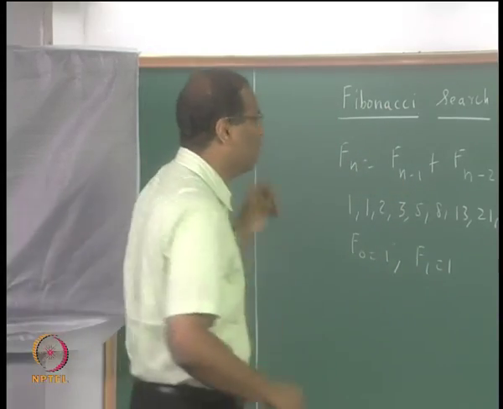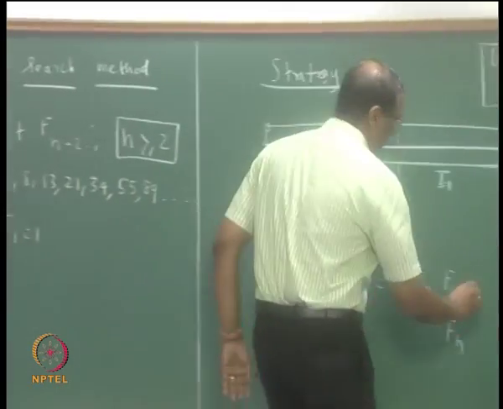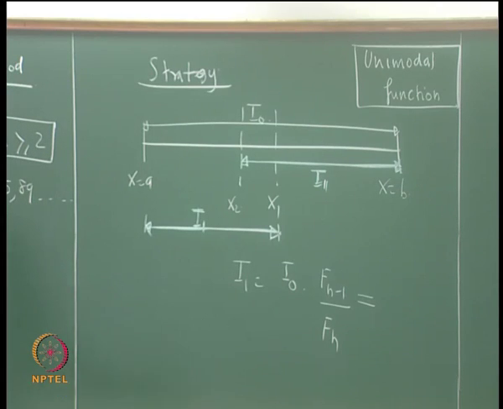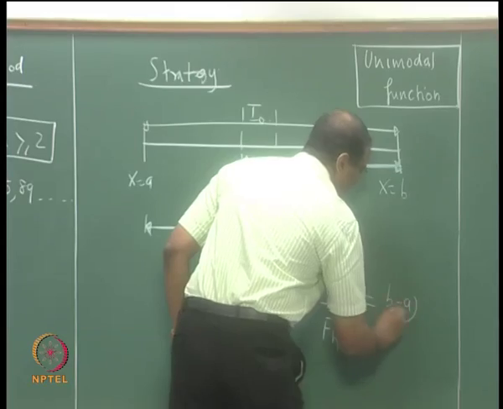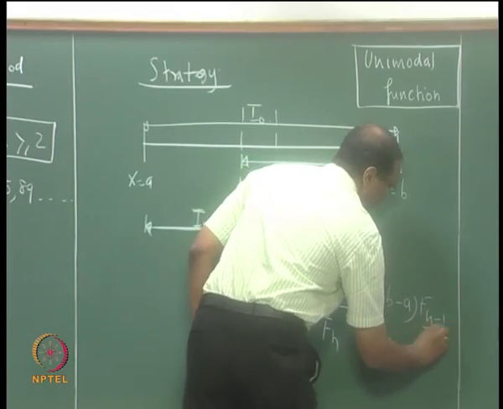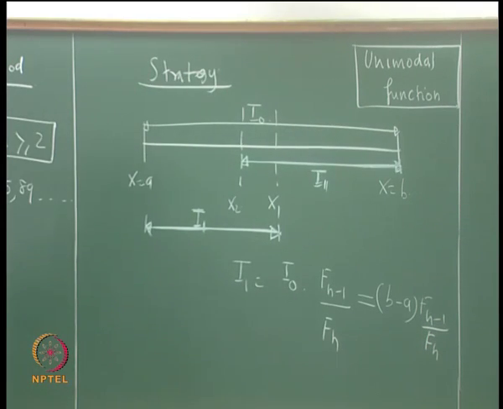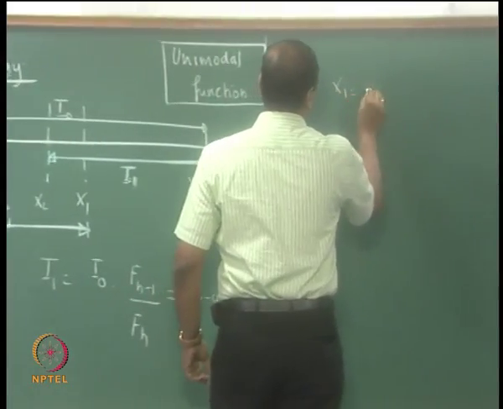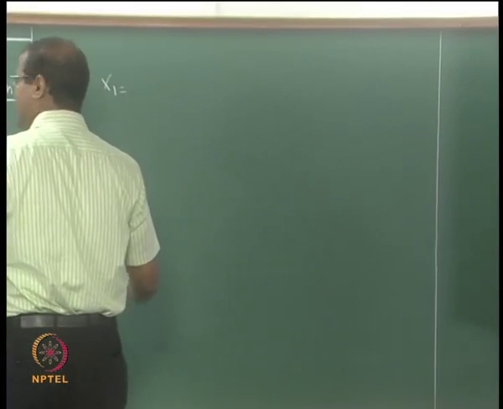All right. I1 is equal to I0. So it is lighting up now. Okay, so I0 times B minus A, fine. So can we write x1 and x2? x1 equal to A plus